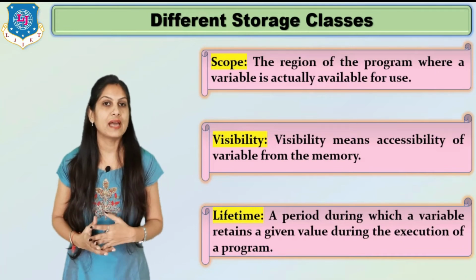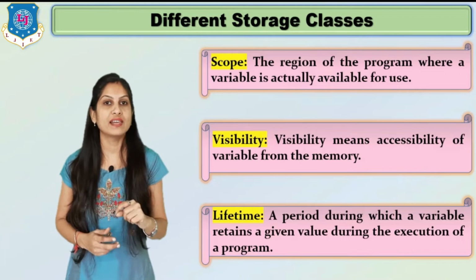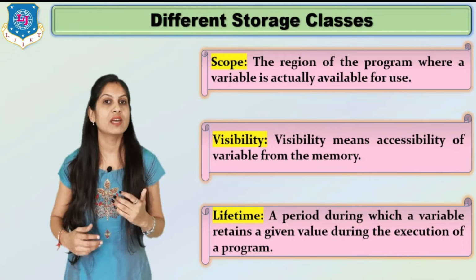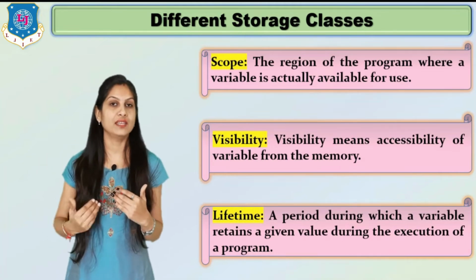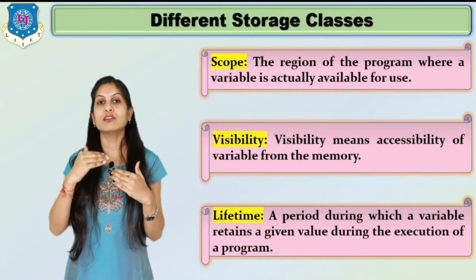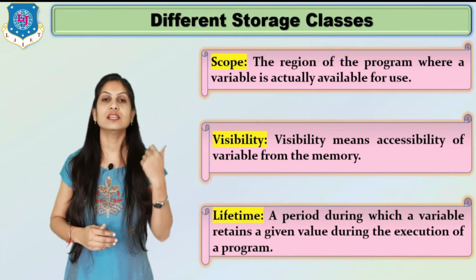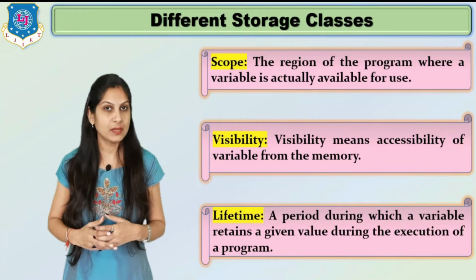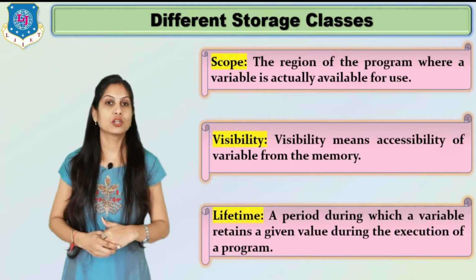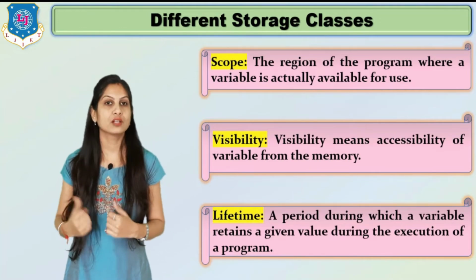Clear? So scope is of 2 types, local and global. If you write a variable inside these 2 brackets, then it is known as a local variable for that particular area. And when you write a variable outside of these brackets, that is possible in our global declaration section that we already discussed in our second module, the structure of a C program, that is before the void main, then it becomes a global variable. So scope is of 2 types, local and global.